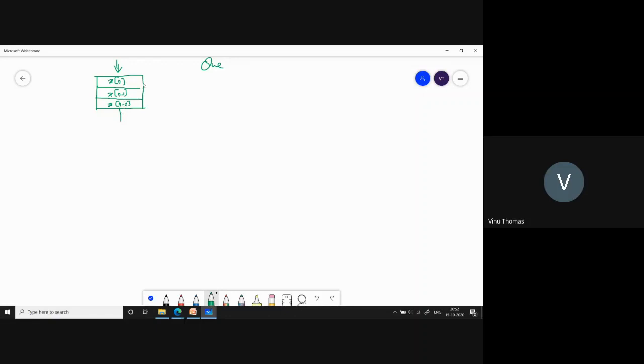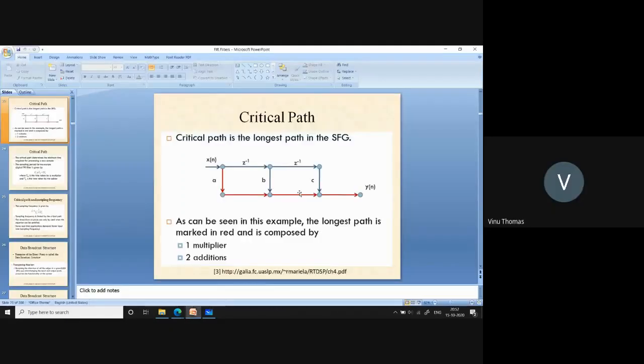Likewise, this is multiplied by V0, this is multiplied by V1, and this is multiplied by V2. So here I have V2, here I have V1, and here I have V0. Is that understood? These 3 multiplications can occur in parallel. So all the 3 multiplications can occur in parallel.